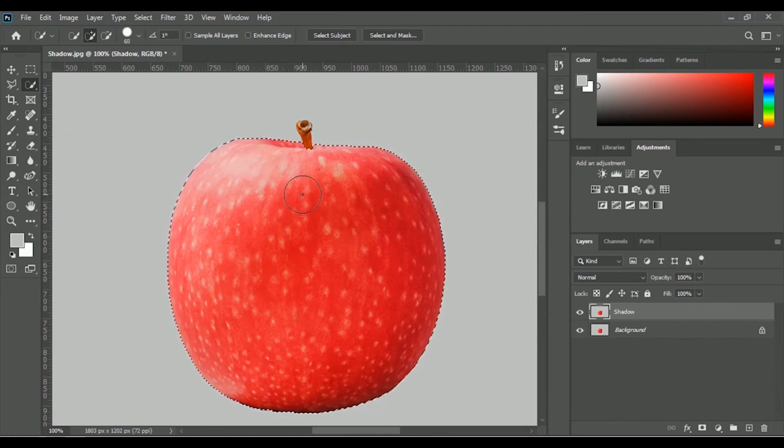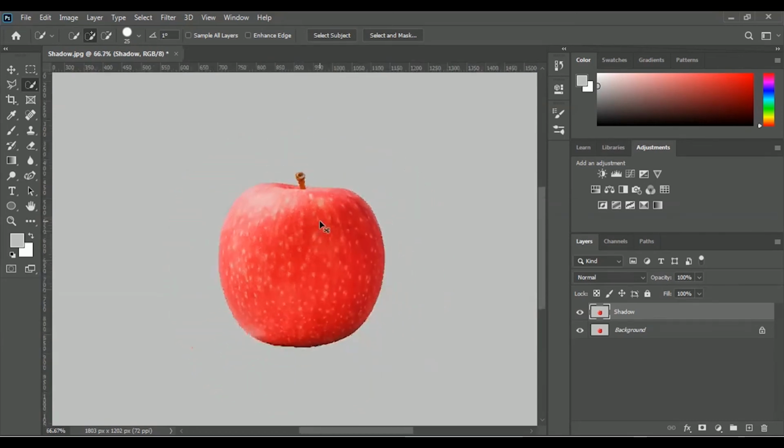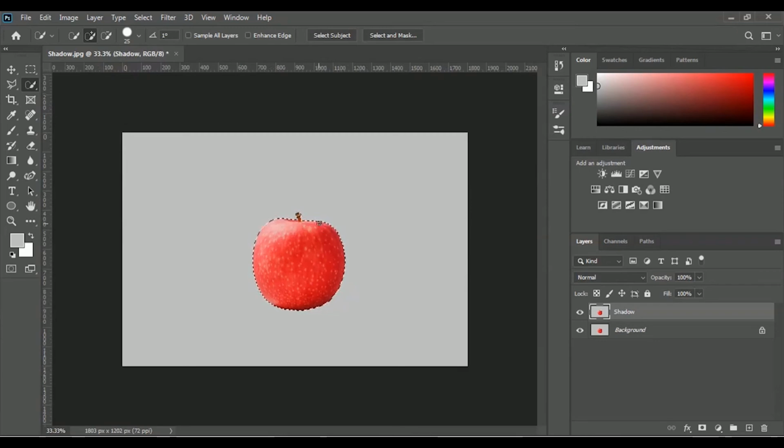Okay, you can take a look. We got a nice selection using the quick selection tool, and now we have to add a layer mask. So here is the option for adding a layer mask. So let me click on here,